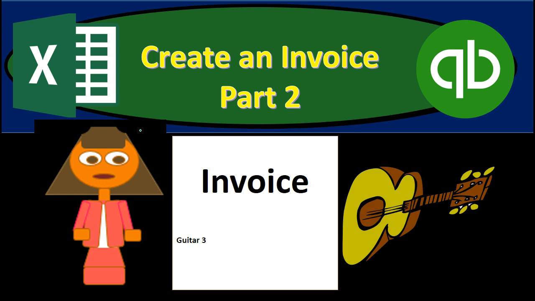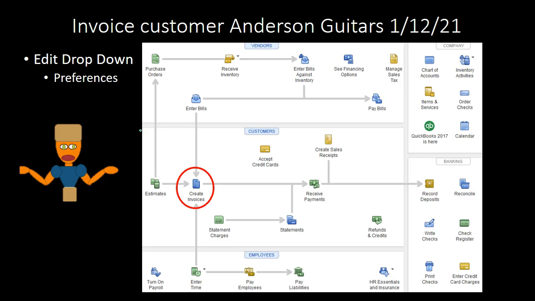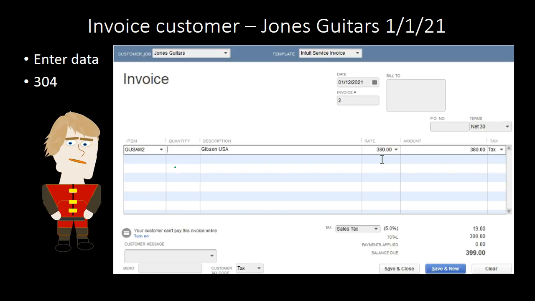First, we're going to start off with the QuickBooks entry and then go to Excel and enter that same data into Excel. If we were to enter the data into something like QuickBooks or any accounting software for the most part, we in essence could just do data input. We can select the create invoice, and supposing that everything has been set up as it should be, which is really the difficult part of the creation of the invoice, we just need to do some data input that's fairly